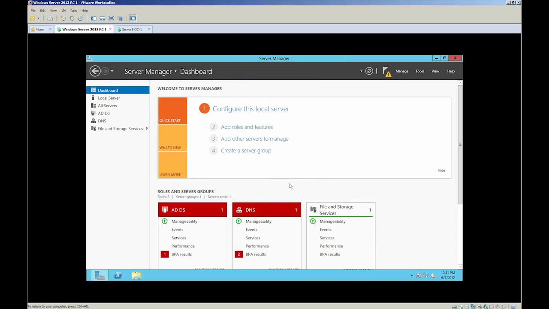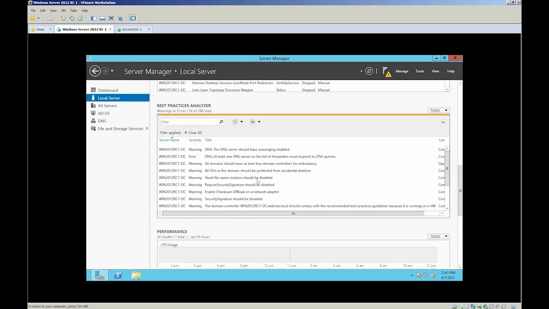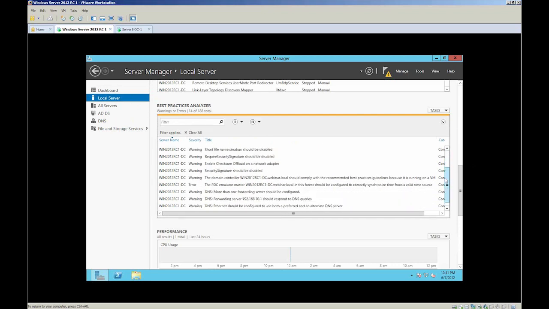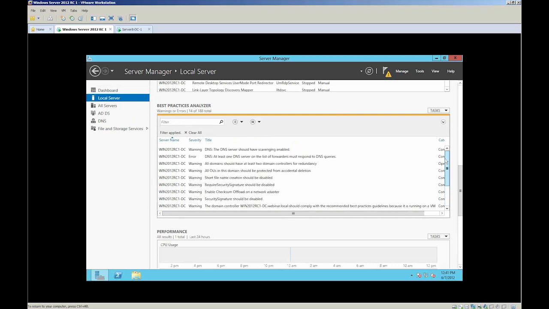And I want to see if manageability would go. There it goes. See how manageability is starting to go away? Here, manageability, it's now green, but we still have these errors on our Best Practices Analyzer results. So let's go look at those results. You'll see here there's a whole lot of warnings, and then we have a few errors. What you need to do is go through and address these. Now, as far as the warnings, typically they're just that, and you're not going to necessarily have those error messages staring you in the face.